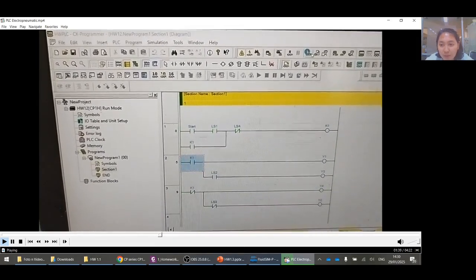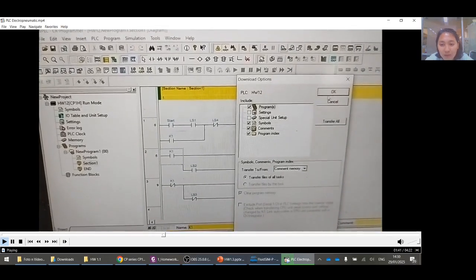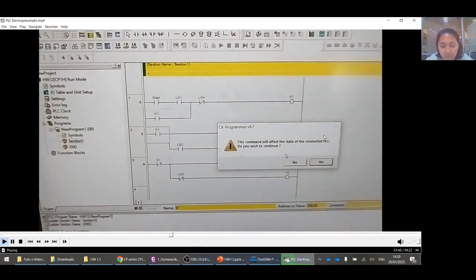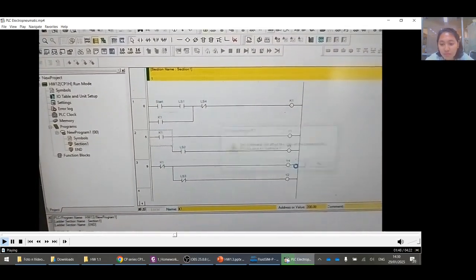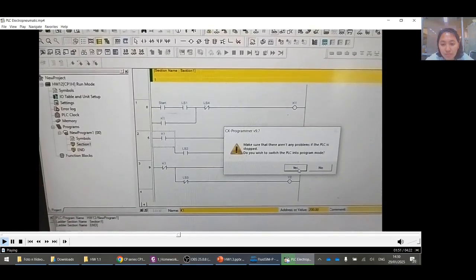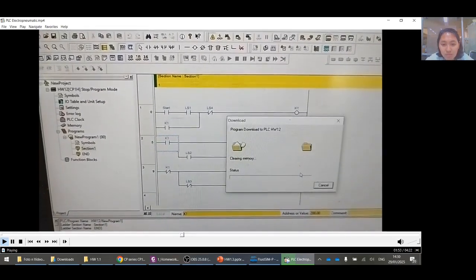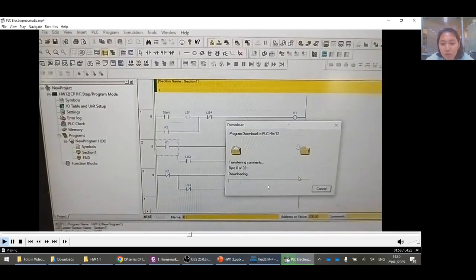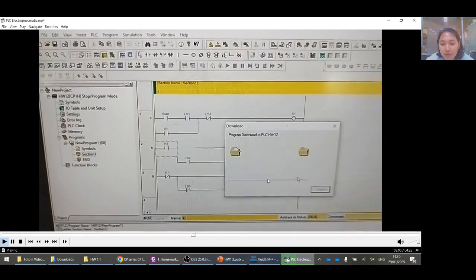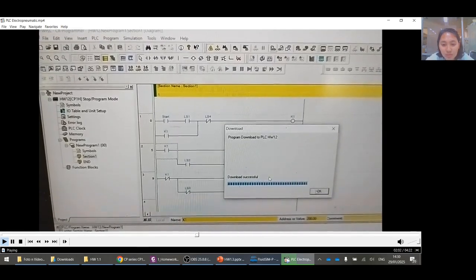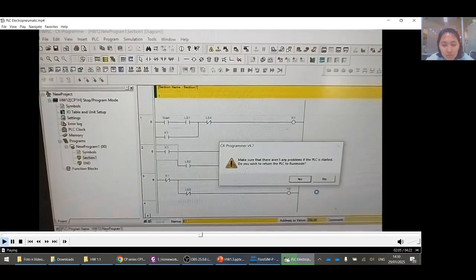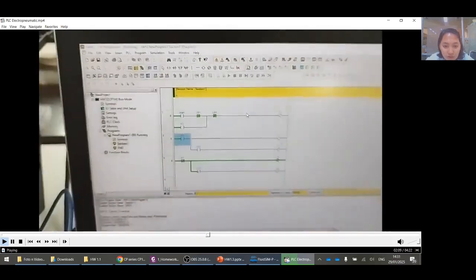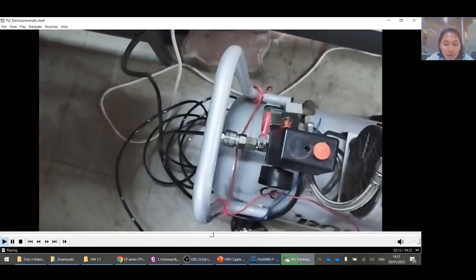Using the transfer to PLC icon. Just download the program to the PLC. Then after that, it's ready to operate.